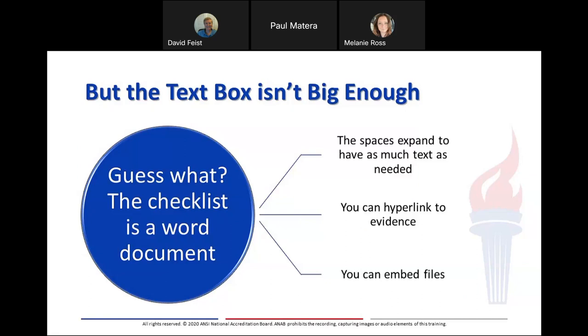It's great if you can hyperlink to some of the evidence. It's great if you want to embed the files. We're all about that. Remember that this checklist, yeah, you're going to want to give this accreditation checklist to your accreditation body at some point. But that's not really who benefits from it. You benefit from it. This is going to be something that you can use to train your people. This is going to be something that you can use to guide your internal audits. This becomes an exceptionally powerful document for you. And that's what we really want to get across.